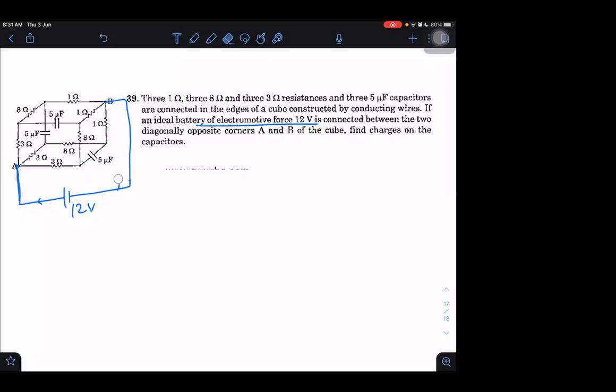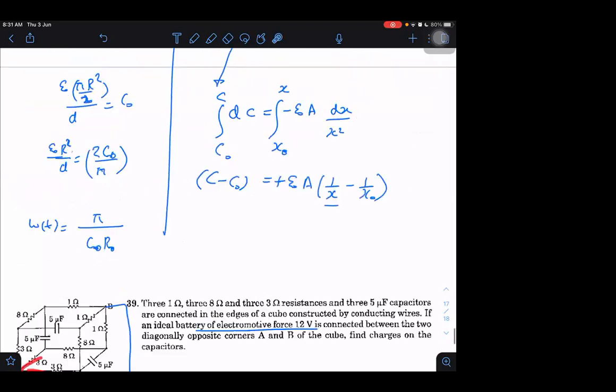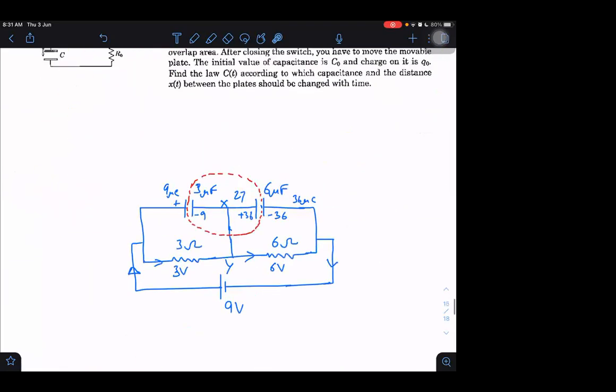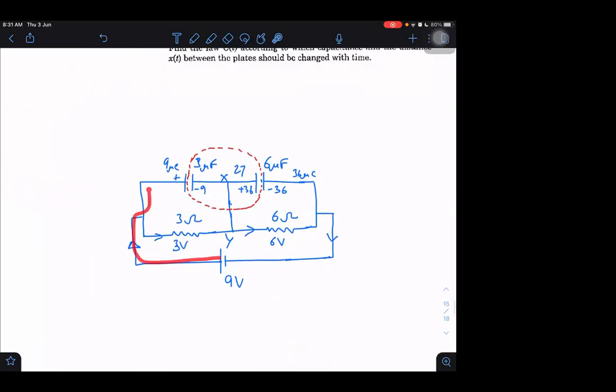How can you say otherwise? There are so many resistances in between. How can it suddenly achieve the steady state? Current will be going through these resistances only. In that last case you are comparing with this, and you are making a completely wrong comparison. In the last case, there was a short circuit path here. Is there a short circuit path or not? Yes, sir. There is no such short circuit path in that case.